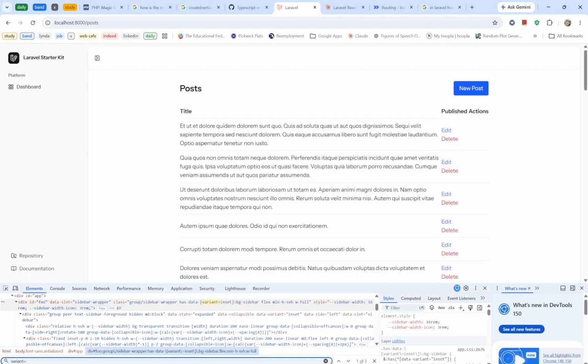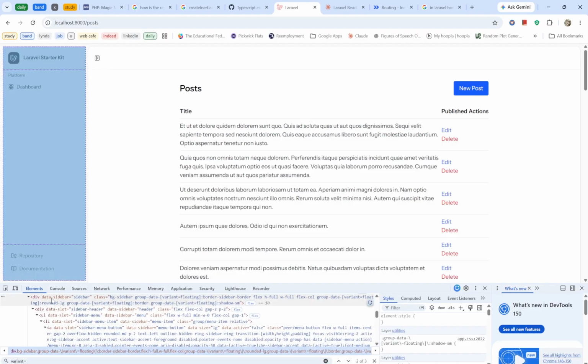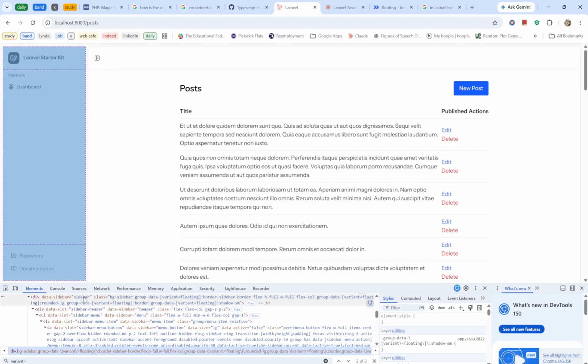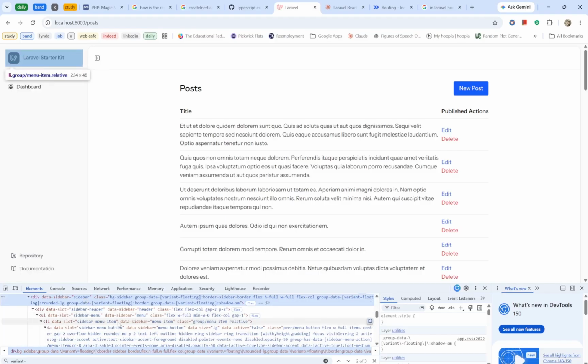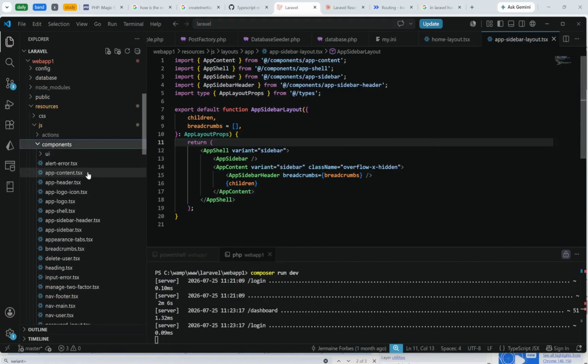Hmm. So there's three different variants here. We have sidebar, data sidebar. Interesting. Sidebar menu. Hmm. So I wouldn't be surprised if app sidebar has all those types of variants like sidebar menu. Let's go to components real quick here. I'm just investigating, but this is a step forward technically. I wanted to at least be able to figure out